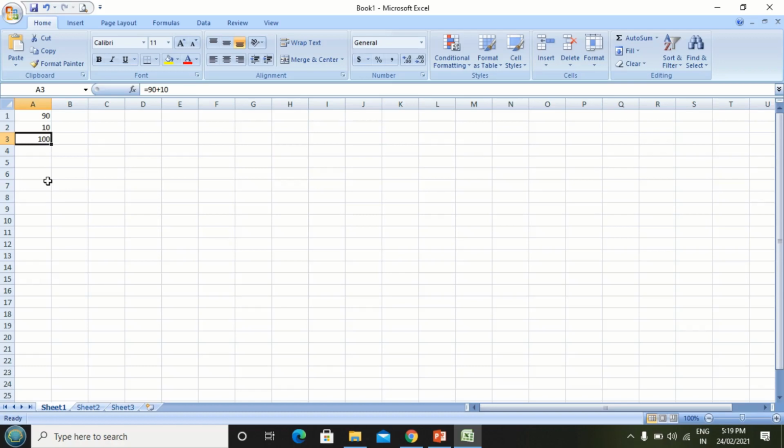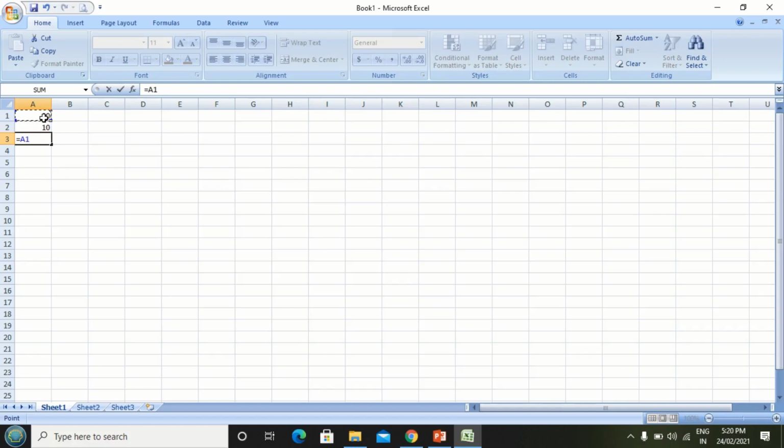See students, there is another way. Here we have calculated the total by directly entering the values. Instead, we can enter the cell addresses of the given values, and we can add those numbers. So again start a formula with the equal to sign. See, the cell address of 90 is A1.